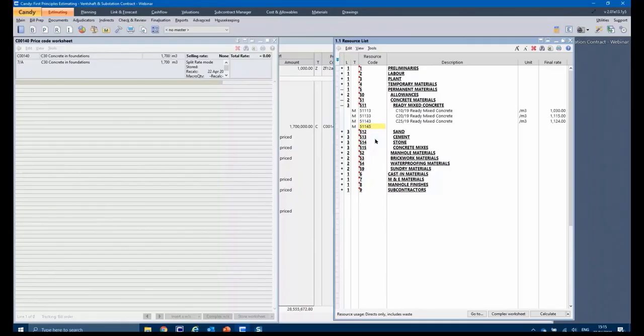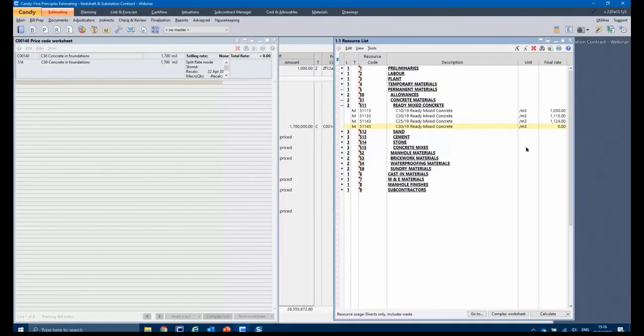So I'm going to make it 4.5. Notice I've kept some increments there, so if I need to add something in between, I've got some space. Then the description, I can type it in or copy it from the item above and then edit it. So that's C30. The unit, I'm also going to just copy it, per cube.